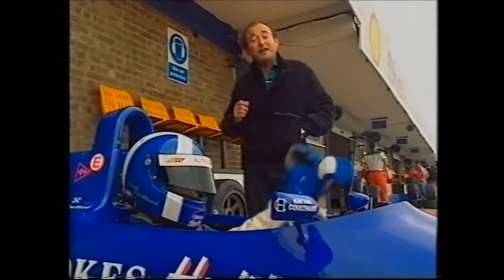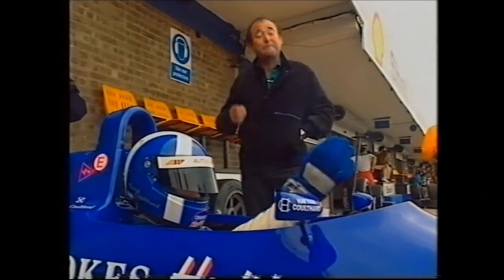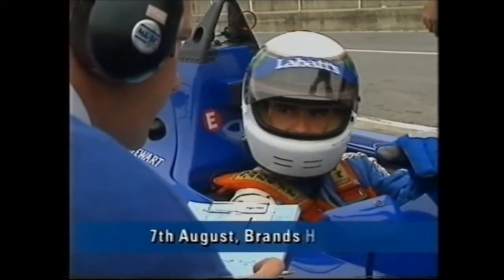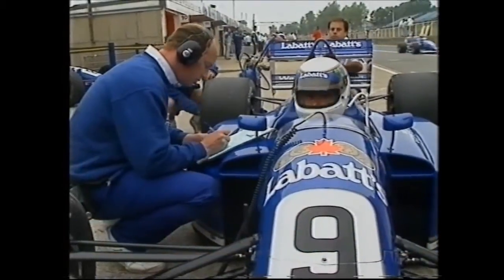Last year, David Coulthard raced in the team's GM Lotus. Now he's taken over the seat that his boss Paul Stewart occupied last year, because Paul's now moved on to Formula 3000. The progression from one formula to the next forms part of a master plan dreamt up by Jackie